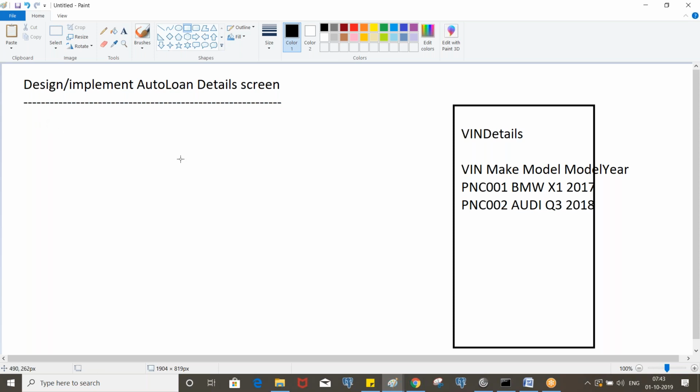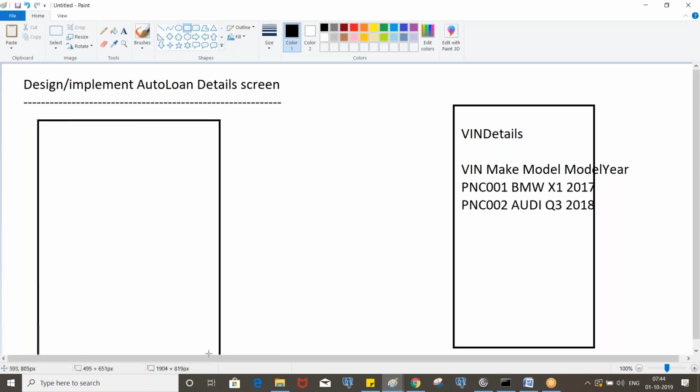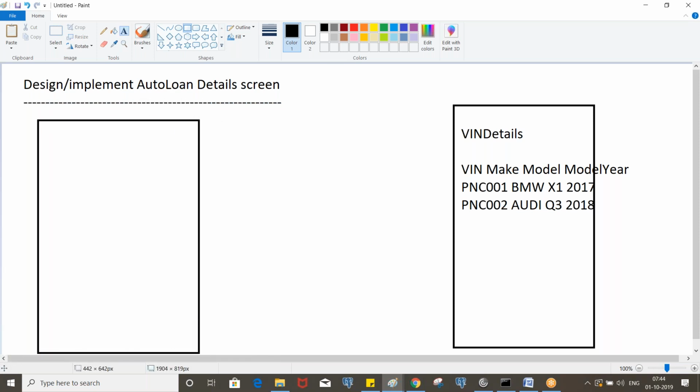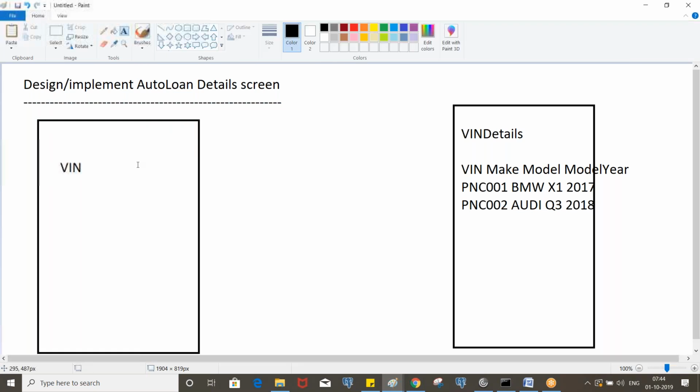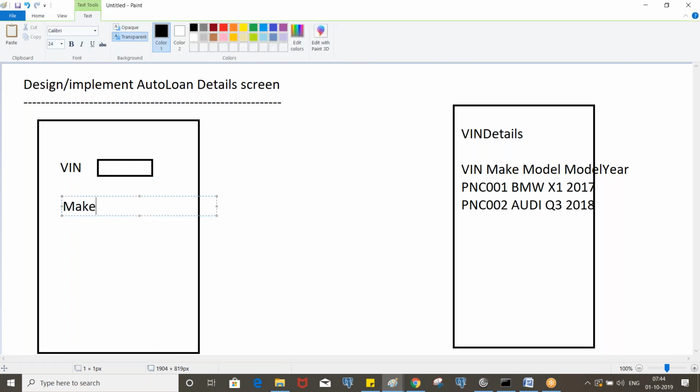So VIN will be the drop down property. Whatever VINs we have in the database, those values will be available here, like PNC 001, 002, etc. And we'll have the properties like make and model here.